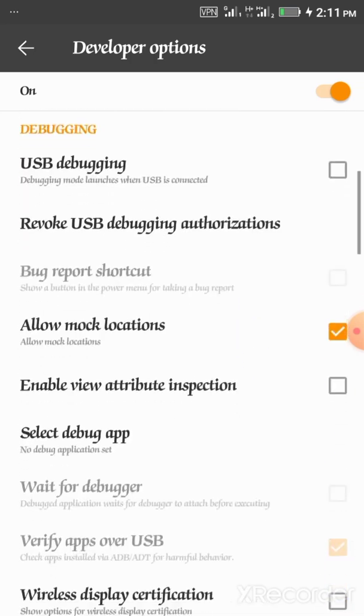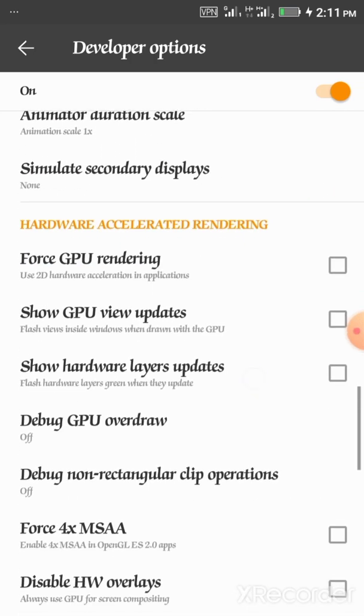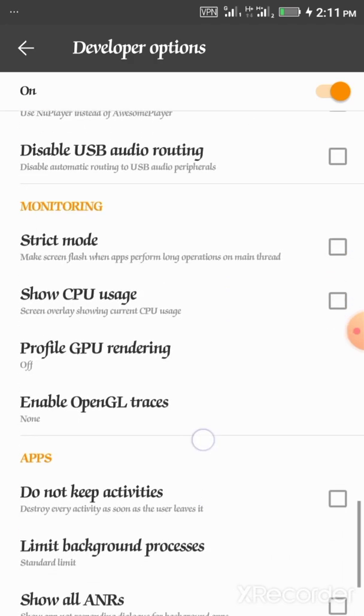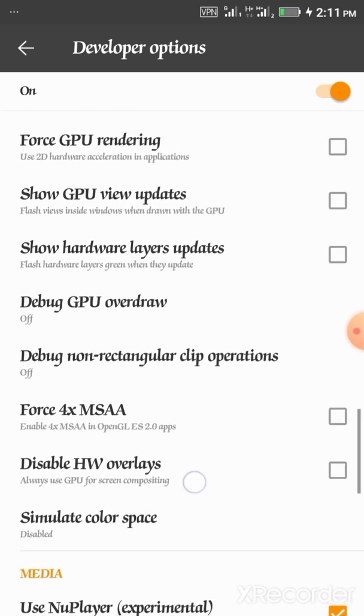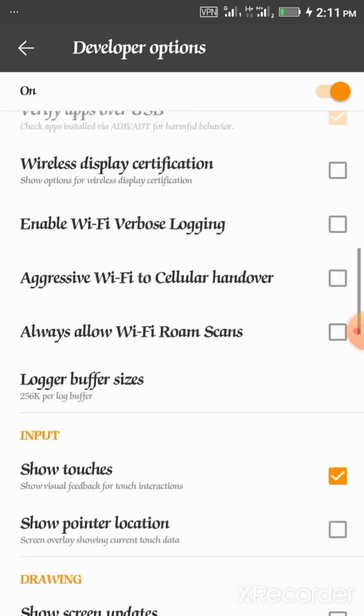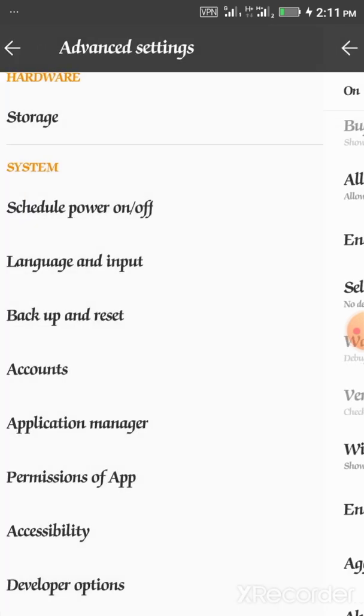There is a place in developer option where it shows something about location. You need to go and set that one too, so that your app can work. That's the mock app, so the phone can work with the location. It allows mock locations. Most times it can be off like this. You click on it. So once you do these three things,